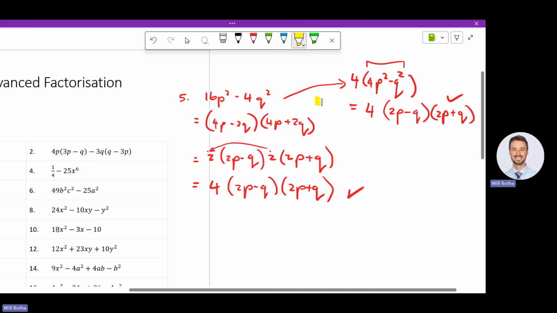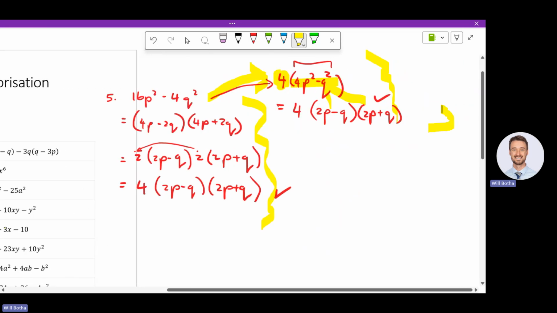So I said this is actually a disaster because I messed it up. I missed the first step. Or I can do the correct way. I can from the start say we have a common factor, and then I have this bracket, and this bracket will be factorized. So this is the way I want you to do it. Always first look for a common factor.